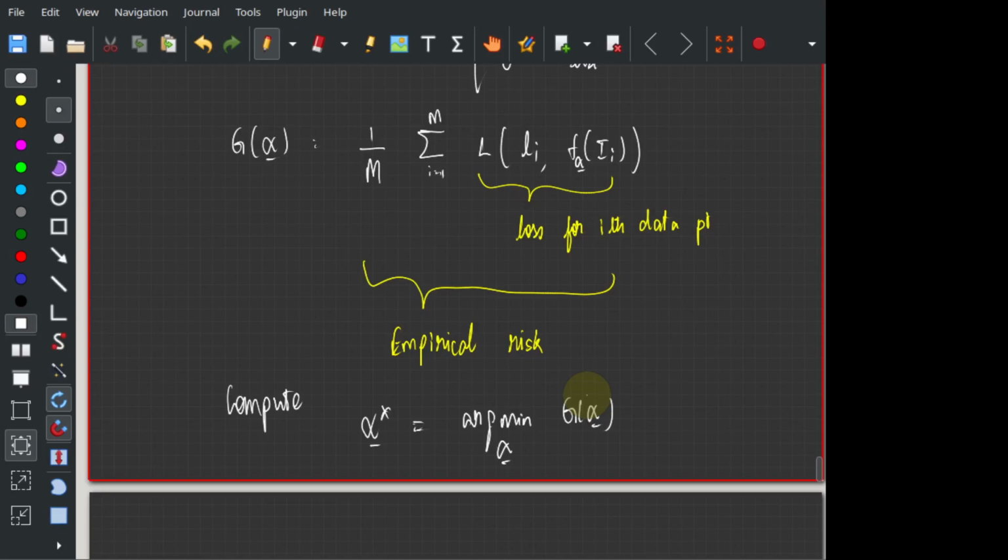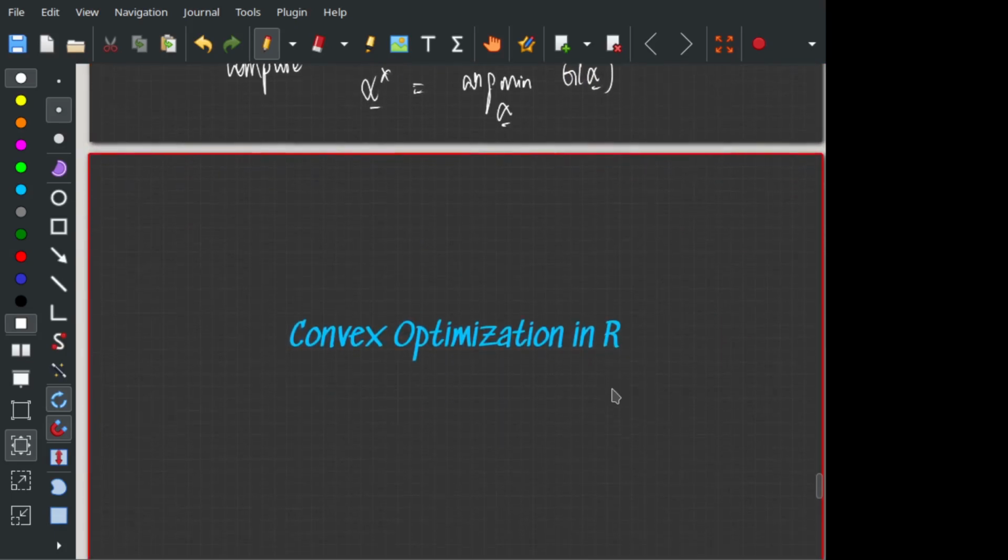So the goal in machine learning typically is to design algorithms to solve this optimization problem. Right? And a lot of the techniques used over there build on optimization tools developed for convex functions. Right? Even though the function of interest is not convex, you can still try to use ideas from these to get at least an approximately good solution for this particular problem. Right? Any questions? Okay, so